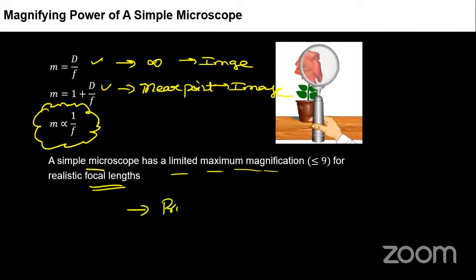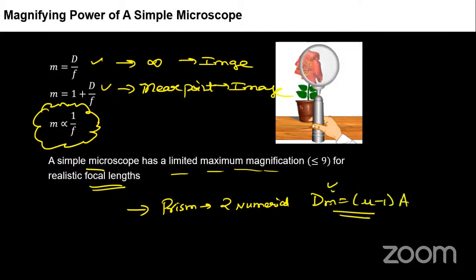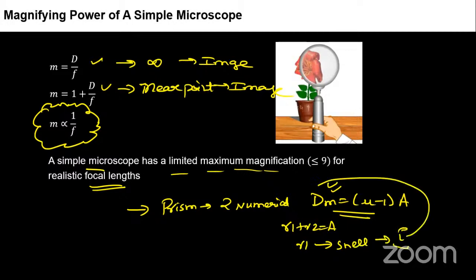So we started with the prism. We have solved two numericals. One was very simple, direct formula based, that is mu minus 1 into angle of prism. Next, we found the angle of deviation, but now they were asking the incidence angle. So we used this trick, that is R1 plus R2 equals A. We found R1, then we used Snell's law, then we found the angle I, which produces this minimum angle of deviation. Then we saw dispersion. We have seen scattering somewhat, which is just a little bit of the theory required. Then we proceeded towards the lens, these optical instruments.